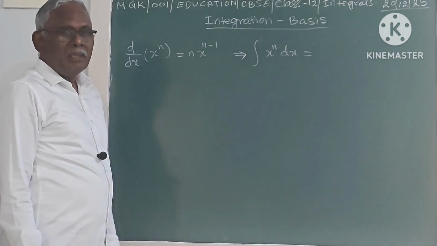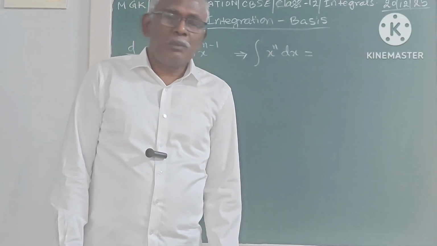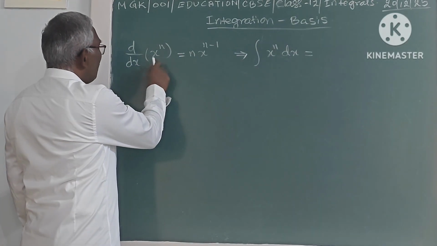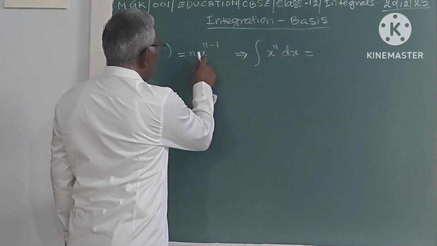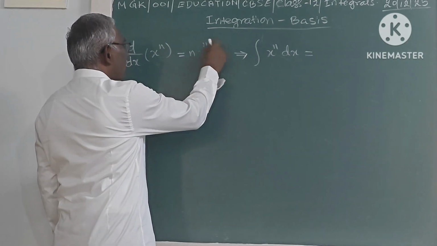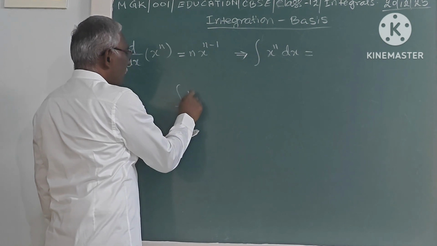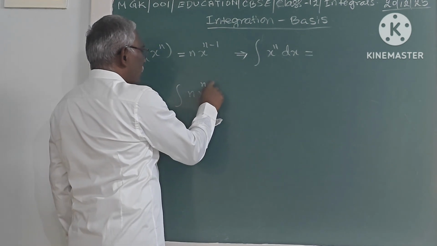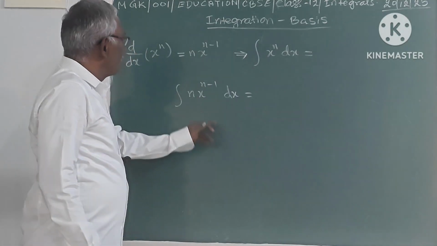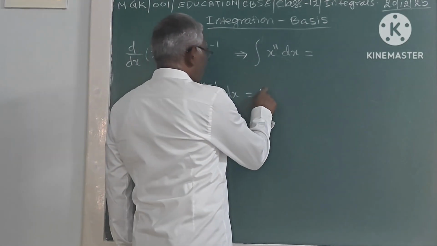So I already told integration is the inverse process of differentiation. So if you differentiate x power n, we are getting n into x power n minus 1. That means if we integrate this value, that is integral of n into x power n minus 1 with respect to x, that is dx, this gives the value of x power n